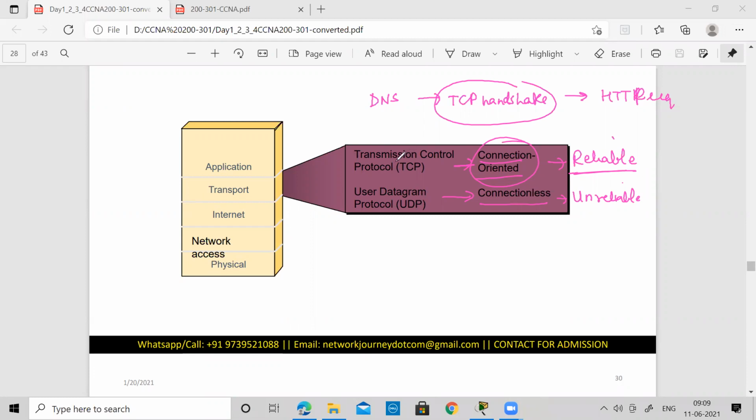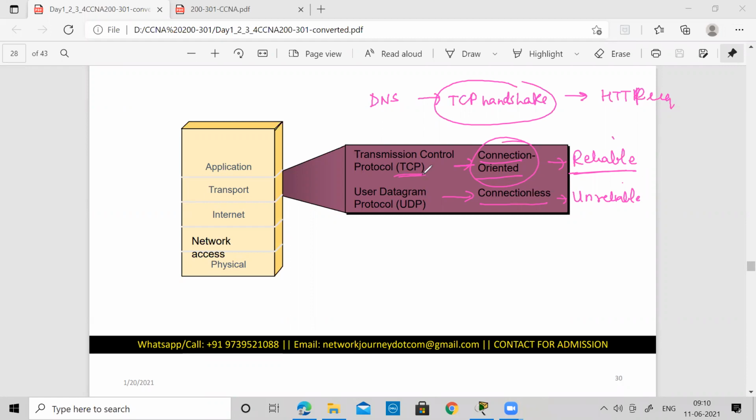When I talked about the TCP layer, all this functionality that we learned yesterday, the sequencing, the acknowledgement, the retransmission, the error detection, is applicable only for TCP. None of these are applicable for UDP.